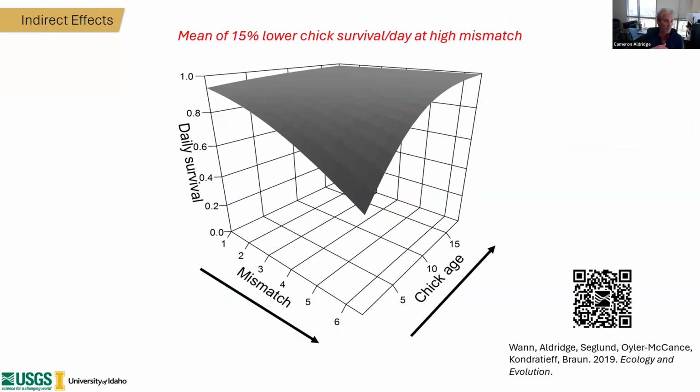It falls off as that mismatch grows with a peak in phenology and availability of resources. The average is a mean of 15% lower for chick survival per day, but note that on that z-axis, it's a really large drop down to as low as 15% at young chick ages. So the consequences of not having access to those food resources at a really young age basically result in brood failure and reduced survival. So this can have profound implications.